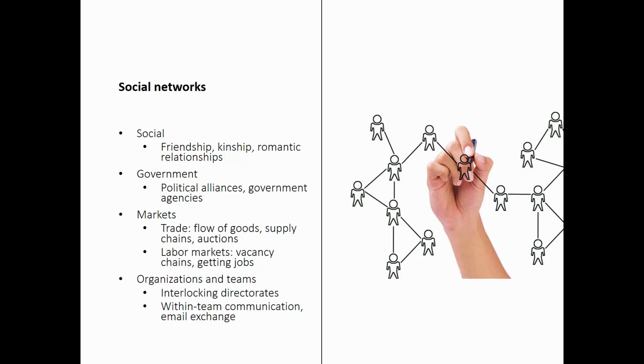Fritz Heider wrote about social balance in the 1950s already. But let's leave it like that. So it can be social relationships, but governments or entire countries can be the units in here as well. Think about political alliances. Government agencies could be related with each other. Or some fascinating stuff: think about medieval times in Europe.